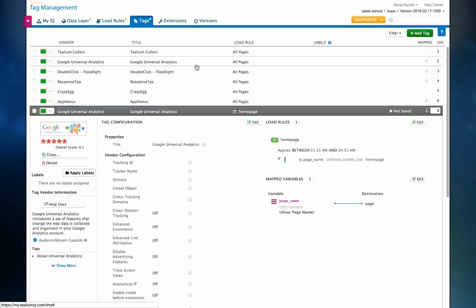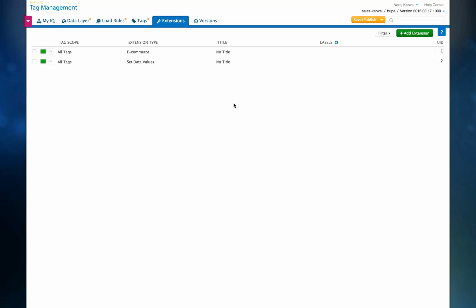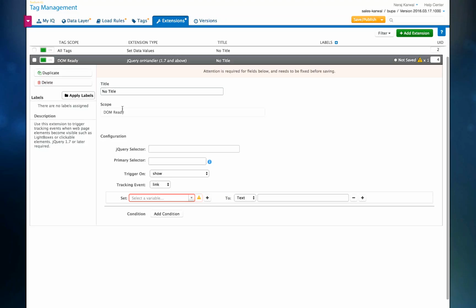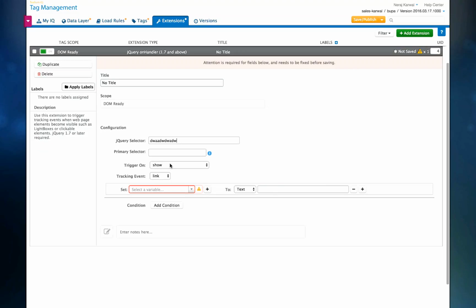Yeah, it is. Okay. If I go to my extensions, it'll create a new extension here. If I go to add extension, there's a tab called events, and it would have created a jQuery on handler event. And it would pre-populate all of this for you. It will have some code in here that says, okay, this is the area on the page it's selected. It would be clicked link based on what you selected. And then all you have to do is say what you want to map and to which data source in your data layer. So I'm going to say, okay, survey clicked,